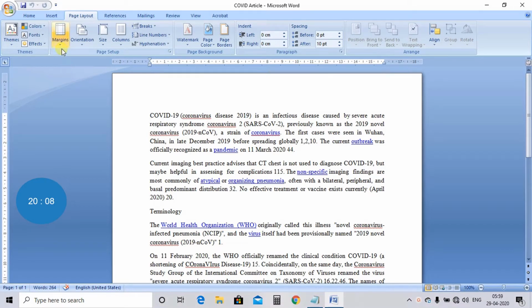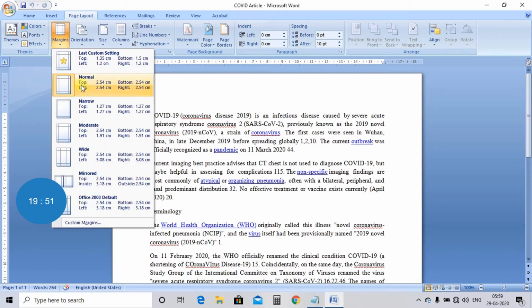of a document. We have covered the margin. Margin is used to change the space from the edge of a page from end to the text it is displaying. So we can say that we can change the margin. We have inbuilt margin option also, and we have custom margin if you want to give the particular margin as